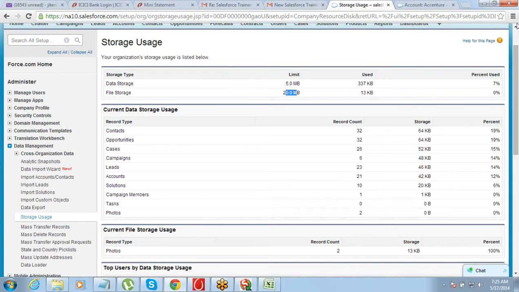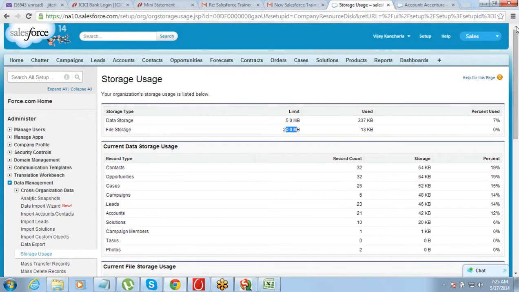Now this developer edition is a free edition which is free for lifetime. If you come here and see, there is no such notice that it is valid for 30 days or something. This edition is free for lifetime, the one that you have created. And you see almost all the options are available here. In the developer edition you have almost all the options available in Salesforce.